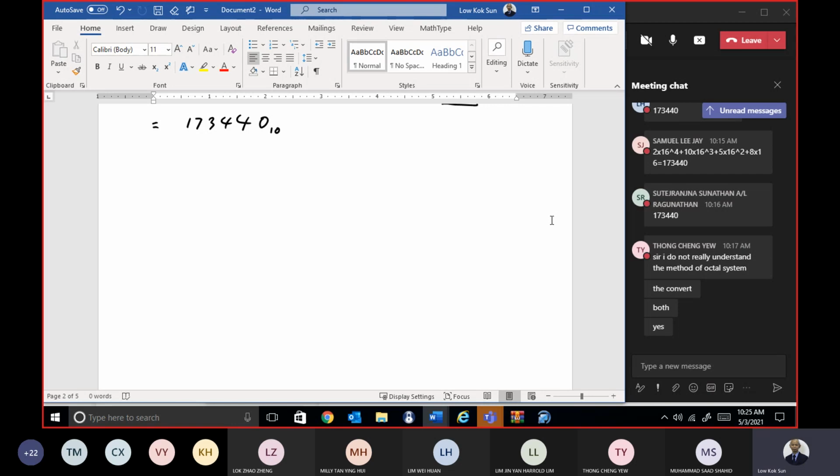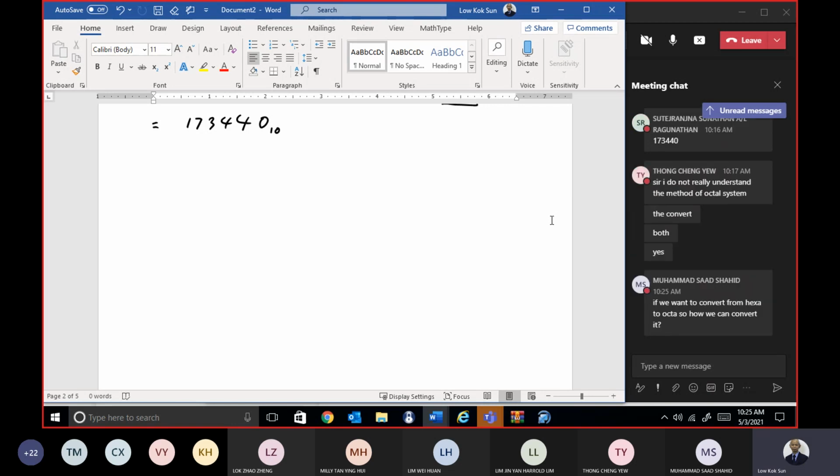I look at system 2, each digit has a value, and then just multiply. If I want to convert system 10 to system 2, what do I do? You divide, because 10 to 2, you divide by 2. But the trouble is, what happens if I want to